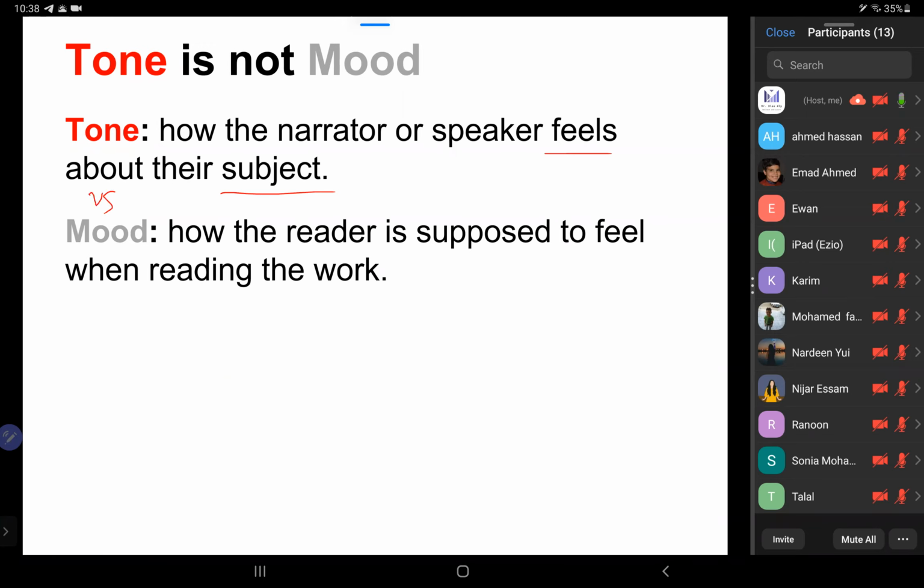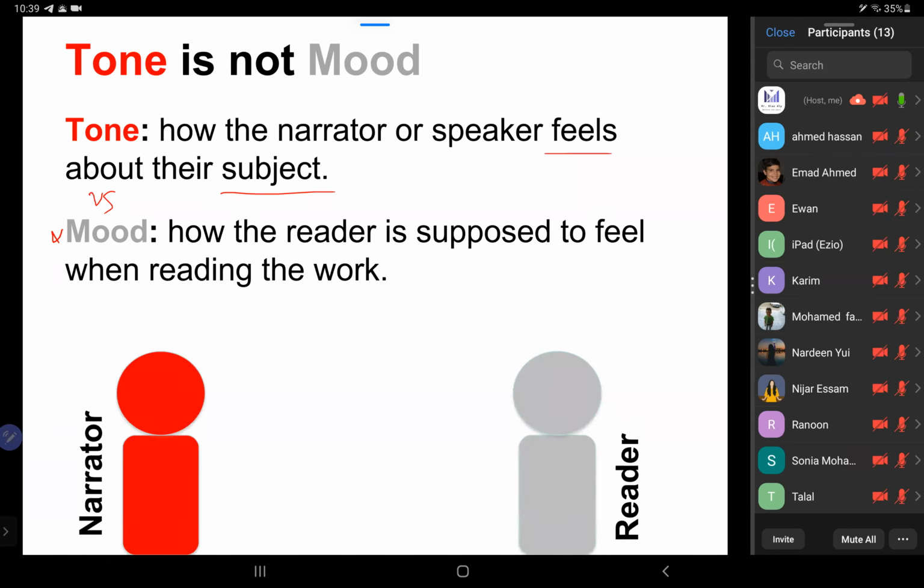So again, the tone is how the writer himself is feeling, the writer, not we as readers, how the writer feels about the topic. Mood, how at the end we should feel. And by the way, sometimes it can be different, like not both of them are the same thing. What does this mean? For example, let's say we have a story, and the narrator is telling us about a boy who had an accident and he broke his legs, and he was very